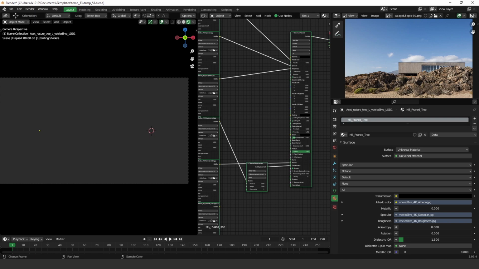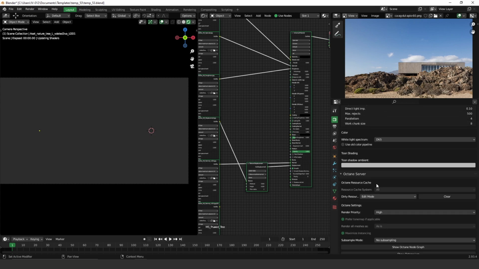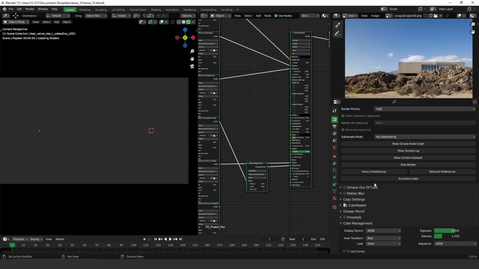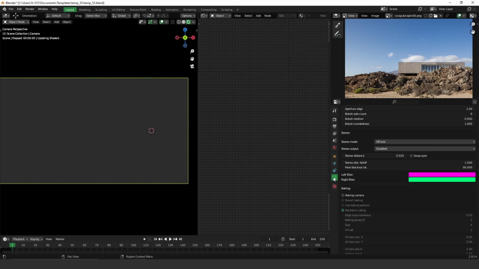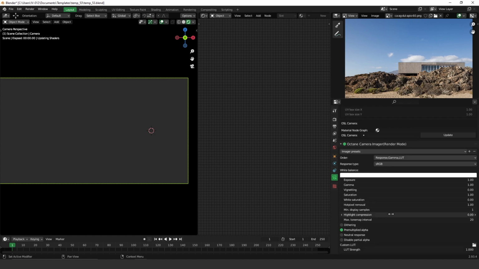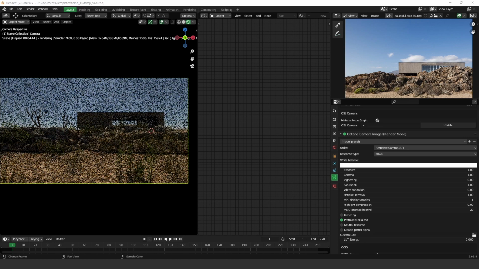Let's take a look. I have to adjust the lighting as well. First, let me decrease the GI clamp to 1. Let's try to change the kernel type, and also I have to select the camera here. We have to adjust the lighting, so let's wait a little bit. Okay,